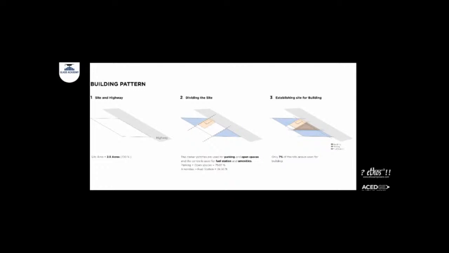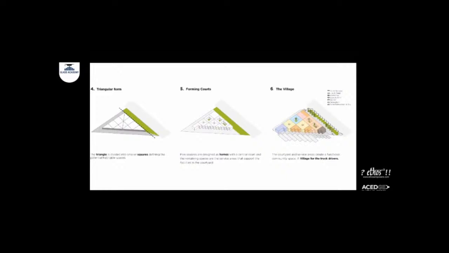And then the brown triangle that you see in the third sketch is the site that we sculpted to design these amenities. But when we counted the areas, that was just coming to 7% of the total site area, which was quite compact and pretty tight. And we were quite happy with that, because the 93% is just open space, parking, landscape, fuel station, and other things. So the architecture was very less, but yet it allowed the community to dwell on this project. And then that's the 7% we zoomed into.